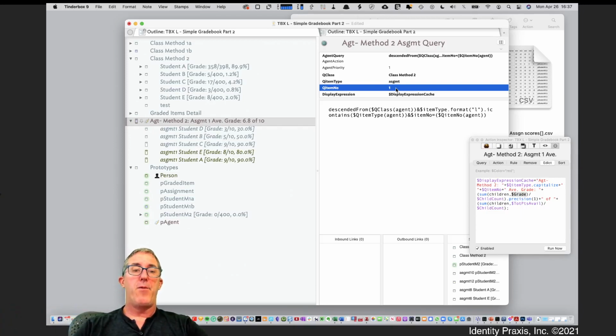In part 3, I'm going to show you how to make even more granular approaches for doing this. For example, not just on assignment numbers, but on assignment types like quizzes and papers and exams and such, by essentially creating prototypes for different assignment types. And that's what we'll show in part 3 of our simple